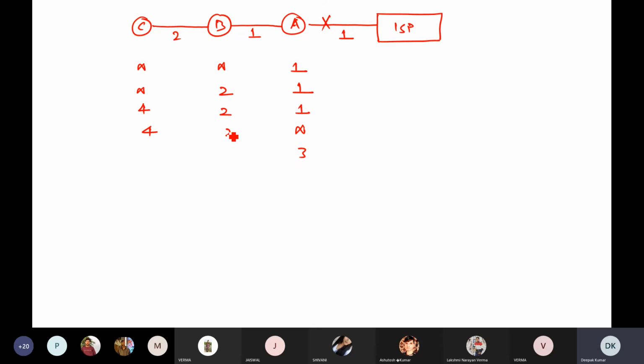According to the same, this B will again share the information with the C, and C from C to B. The initial cost is 2, so it will remain as 4. This is 2. Now it will see this 4 shared by this 4 is from C to B. This is shared by like this. So it will again update their information